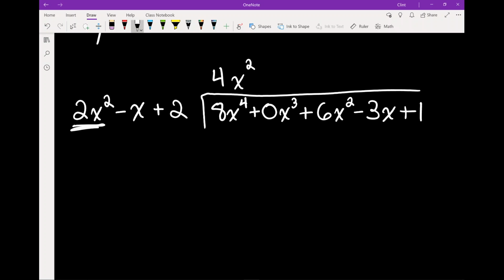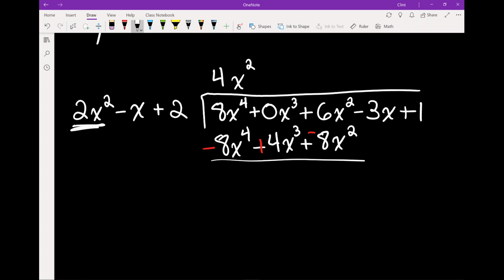So 4x squared times 2x squared, that's 8x to the 4th. 4x squared times negative x, that's negative 4x to the 3rd. 4x squared times 2 gives us 8x squared. And then remember, we want to subtract, so we change all the signs. So minus, plus, minus,